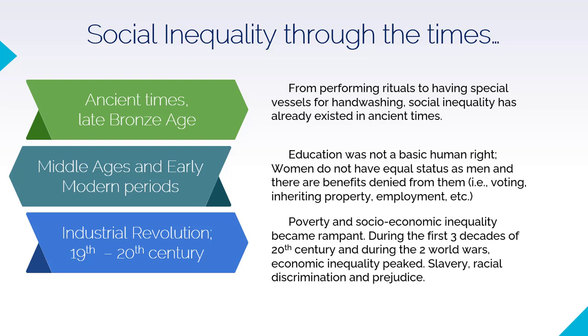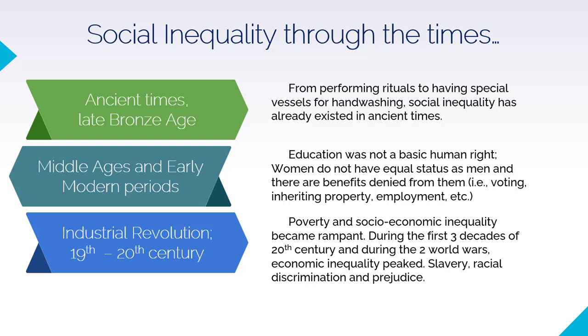This period of time, however, faced huge impacts on poverty and economic inequality. In the first industrial revolution, a few decades before the 19th century, it had already become evident that the workers can only earn so much and they cannot intermingle with the elites nor the aristocrats. Economic difference peaked during the first 3 decades of the 20th century during the Depression. It then emerged immensely once more during World War II. There are a lot of effects coming from this.